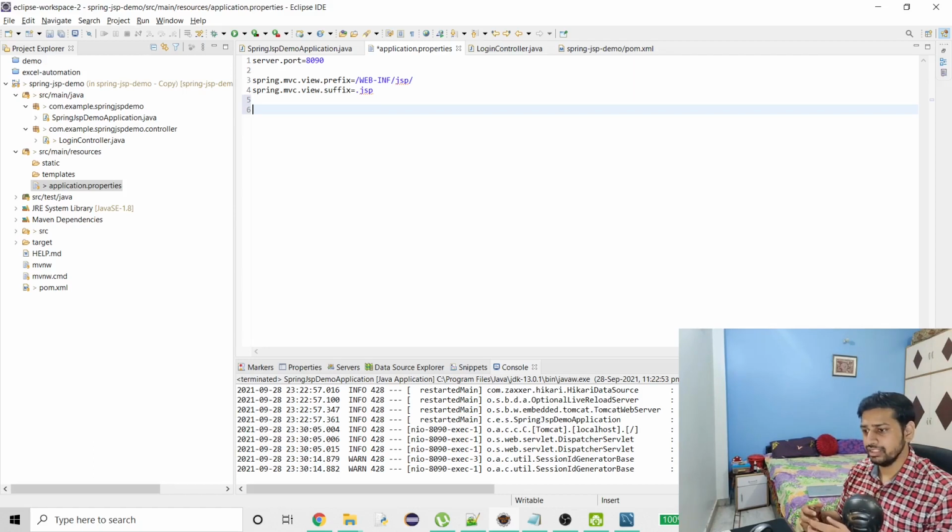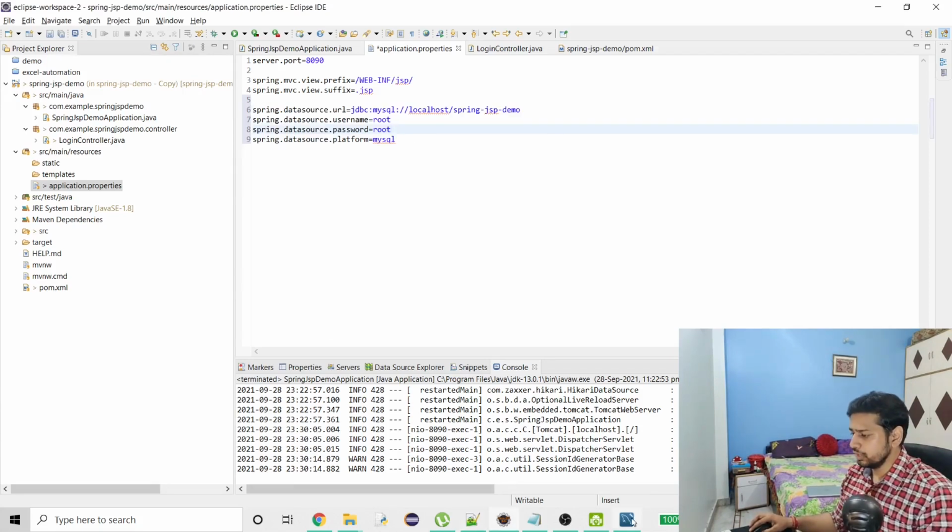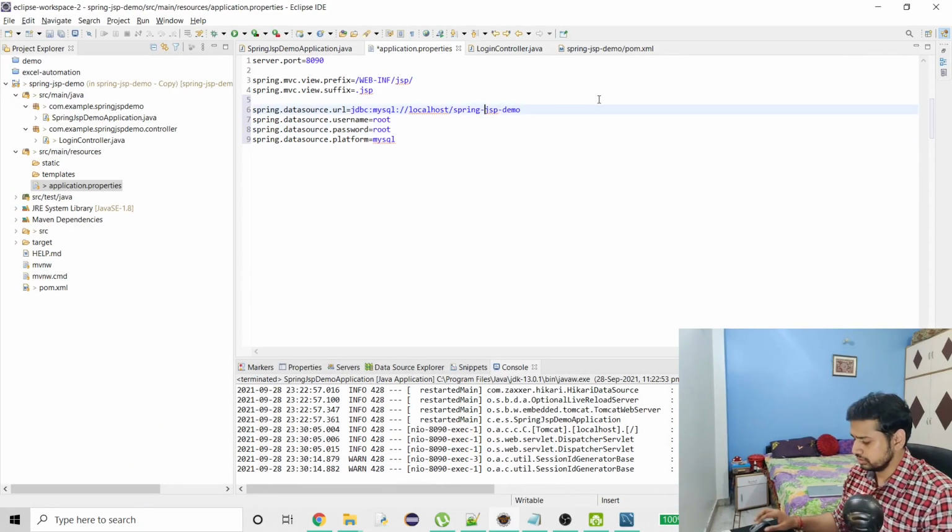Then we just have to provide what is the username, what is the password for that schema, or sorry, for MySQL, and what is the platform, are we using MySQL or Oracle, right? So these are the things that we have to use. So let me just quickly write them down. Okay, so here we go. I have made a mistake here.